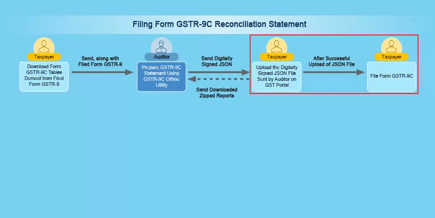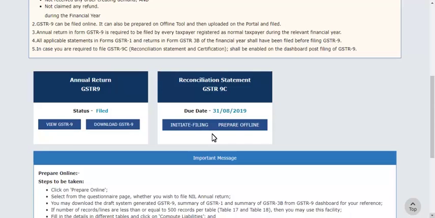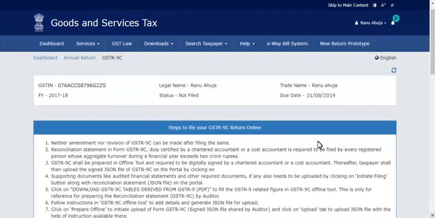Once you have successfully uploaded JSON and don't need to make any more changes to it, you can initiate filing. For this, on the File Annual Returns page, click the Initiate Filing button in the GSTR 9C tile. The GSTR 9C page is displayed.